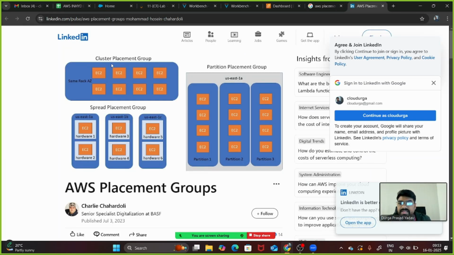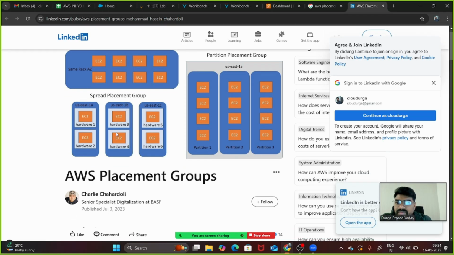Yes, sir. So if we see this, in the cluster placement group, within a single cluster we are keeping all the instances within the same rack, a single availability zone, right? In partition, we have created multiple partitions within the same availability zone, and this will have a separate power supply, this will have a separate one, and this will have a separate one.